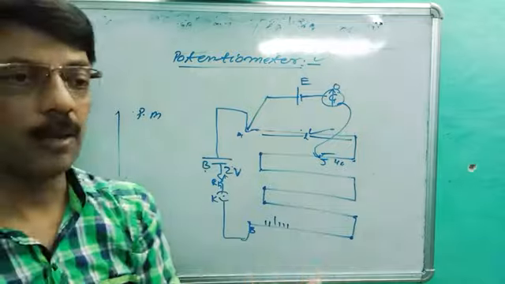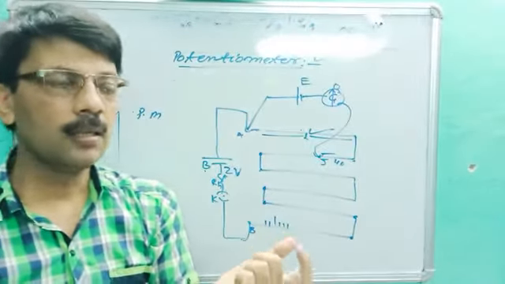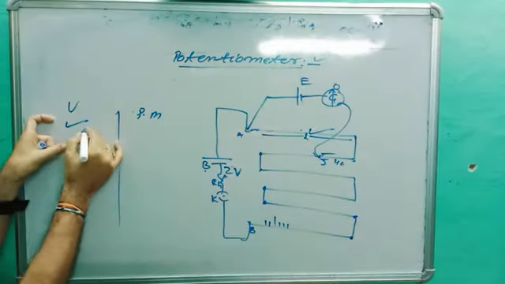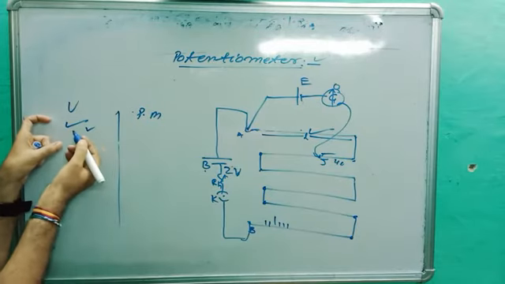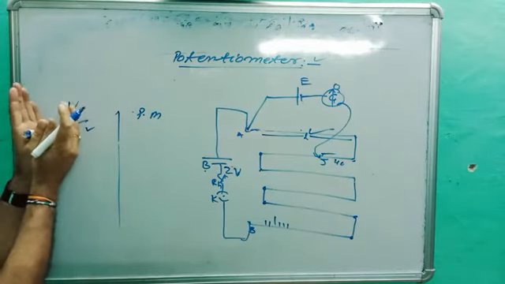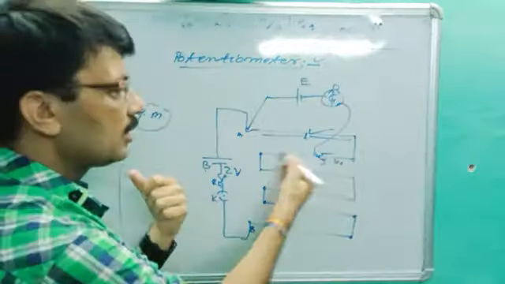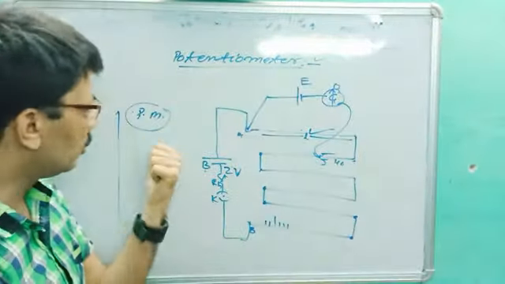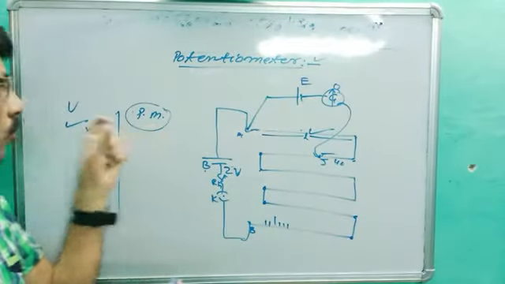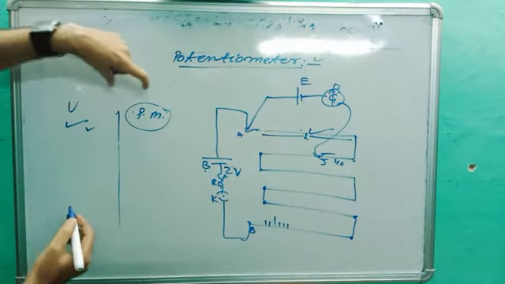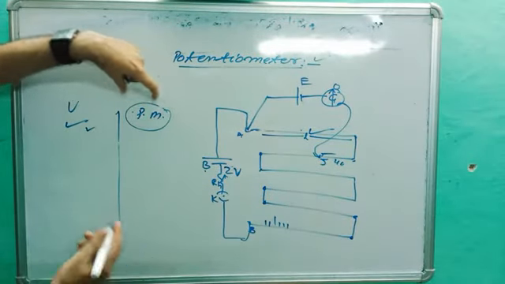You better know that in tenth class you have to measure the voltmeter reading. For the voltmeter reading you need a least count, which could cause error. So it is based on deflection, while the potentiometer is based on null deflection. You have to slide until we get zero. So there is less probability of error. Voltmeter is based on deflection, potentiometer is based on null deflection.